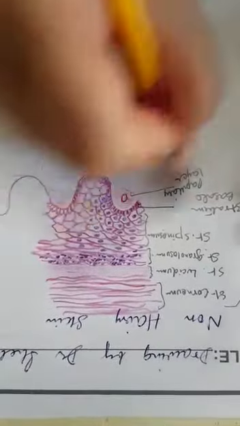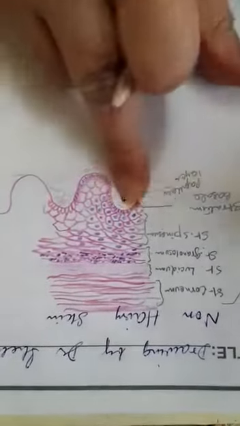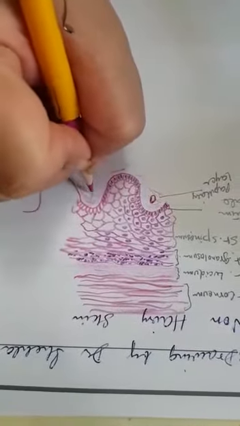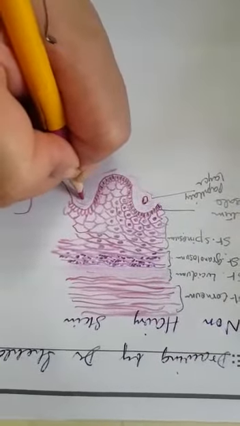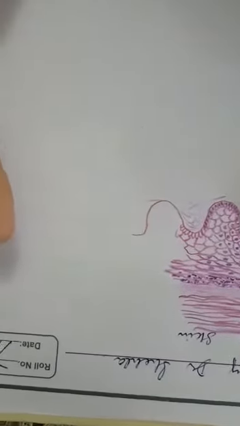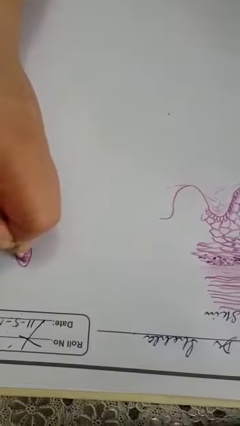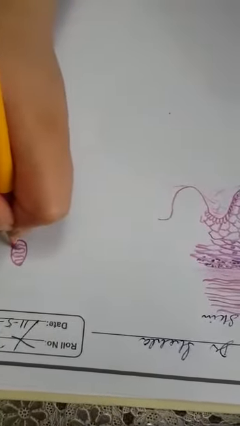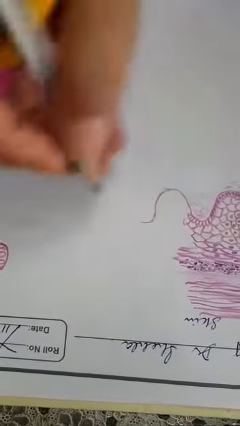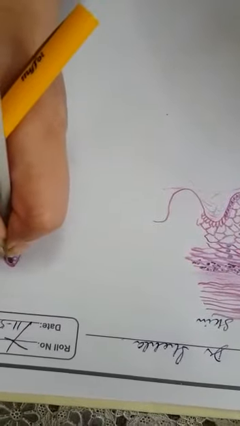You can draw blood vessels here, forming vascular papillae here. This layer also contains Meissner's corpuscles for touch, and you will draw these Meissner's corpuscles like this. These are oval bodies like here, having the spiral type of nerve fiber, which passes through the flat cells. So you will draw these flat nuclei of flat cells here.